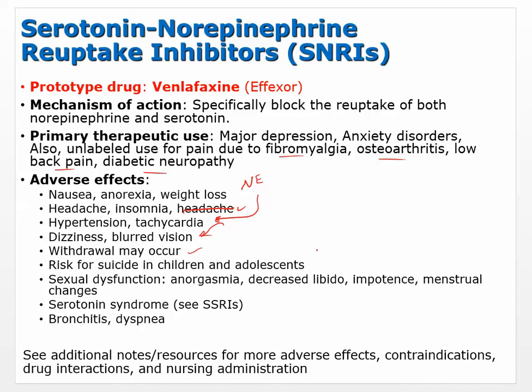Some of these people are already suicidal or, you know, right there at the cusp, and this can push them one way or the other. Hopefully it works as an antidepressant, but in some people it could push them the other way.